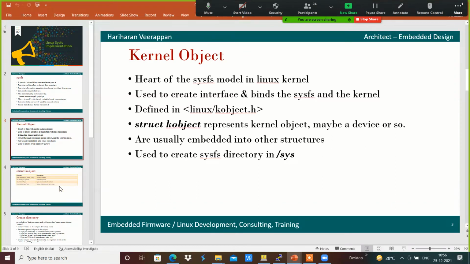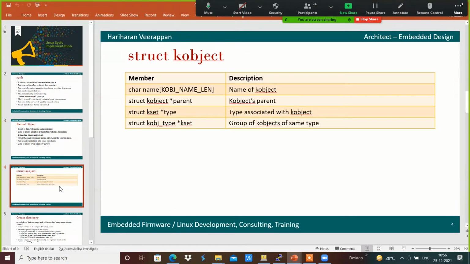The kobject will have different members, such as the name of the kobject, the parent of the kobject, and the type associated with it.